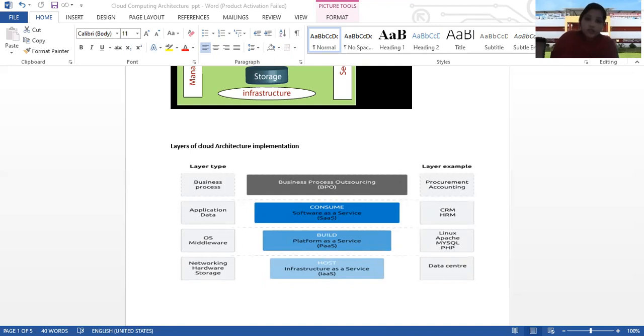So first, let's see infrastructure as a service. The basic layer of cloud is the infrastructure, IaaS, infrastructure as a service. This layer is basically hardware and network. So here, this is a form of regular server or hosting company. There are mainly two things: scalability and virtualization. What is the most important is scalability.